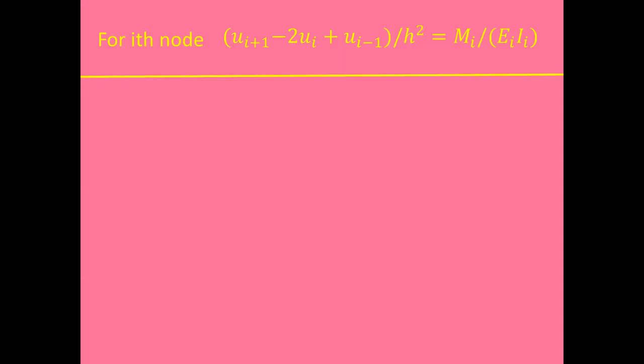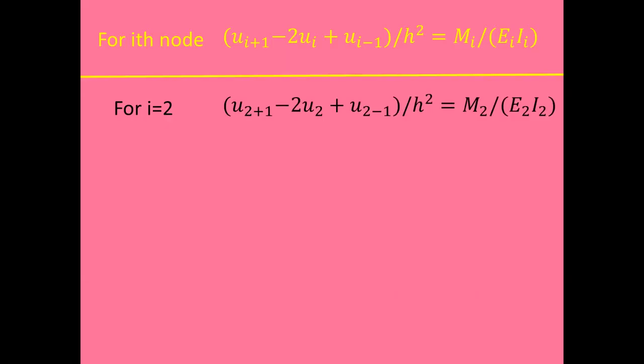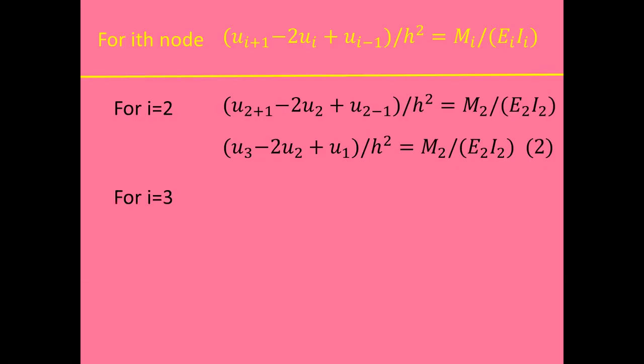So for the second node, when the value of I becomes 2, the equation becomes, which can be simplified to, similarly for the third node, the value of I is going to be 3, and the resulting equation is going to be, and similarly for the fourth node,